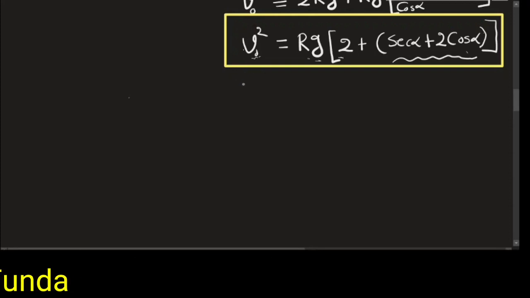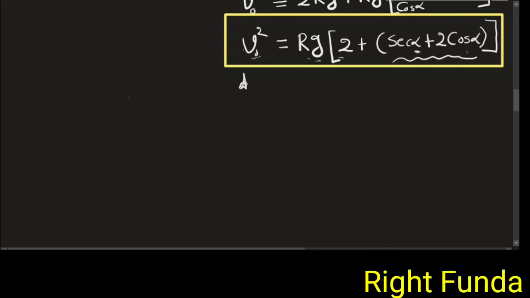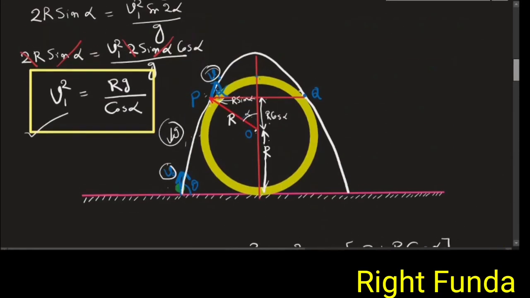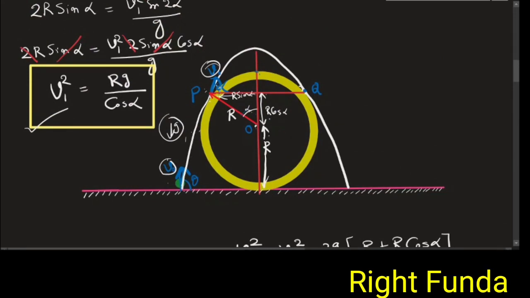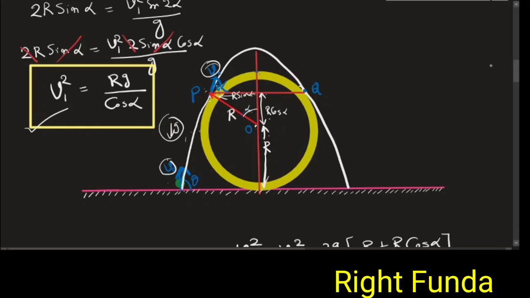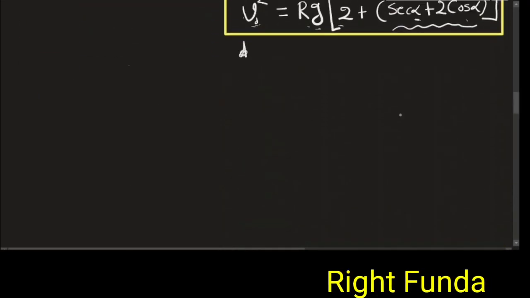If it is minimum, then the first derivative of this will be 0. I have to minimize this one, so differentiate this quantity with respect to the variable. The variable alpha is the variable here. Whatever angle it might travel, it's a speed there. Whatever angle it goes, alpha will depend on theta. Alpha is a variable quantity, depending on what angle it will be touching. So alpha is my variable, and I can differentiate this quantity.